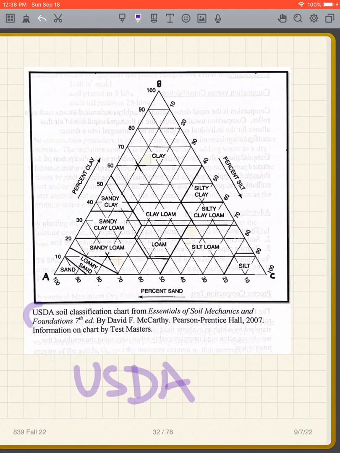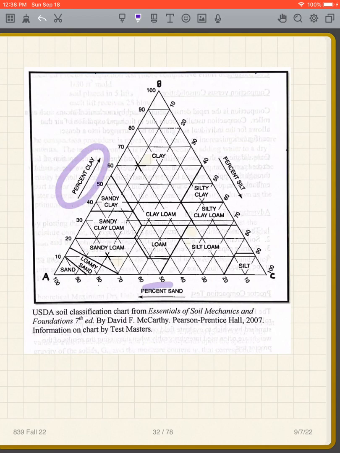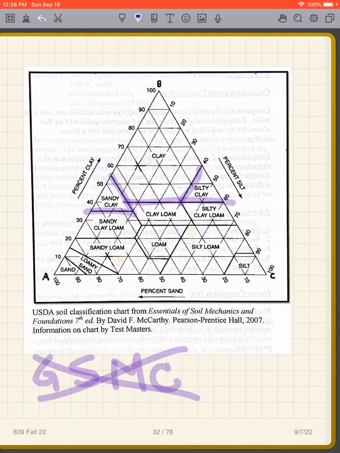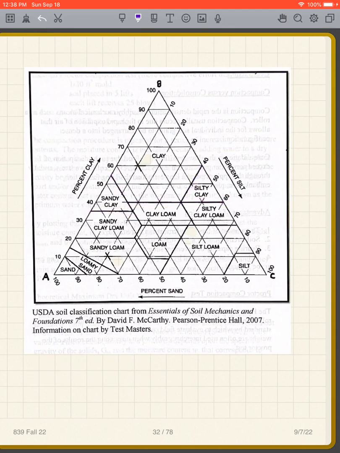Okay, this is the USDA soil classification system. So again, could be on the PE exam. How do we do this one? It's pretty straightforward. We have the percent clay, percent sand, percent silt, and we put it into this chart. You can see these regions. Again, we don't use USCS here. They got their own system, so we're not going to use that for the USCS. That's the USCS only. Instead, what we're going to do is we're going to come up with names: clay, sandy